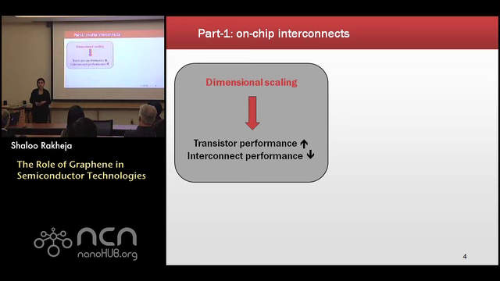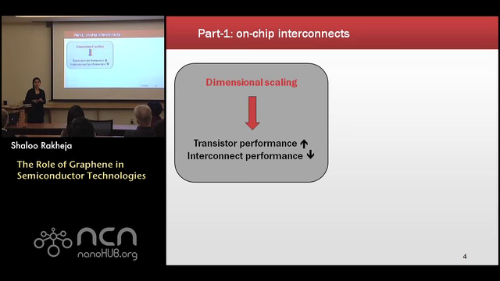Moore's law is a law of economics, not a law of physics like Newton's law. It tells us that if you shrunk your devices by X percentage every couple of years on the microprocessor, you would increase binary information throughput and make more money for the industry. Very good. And in fact, that has been the mantra behind dimensional scaling for a number of decades, which increased the transistor performance, but sadly degraded the interconnect performance.